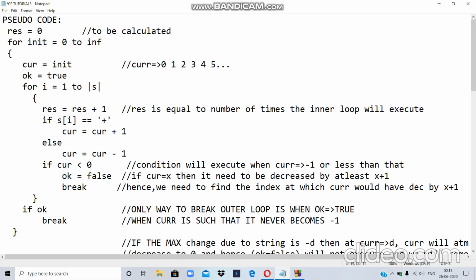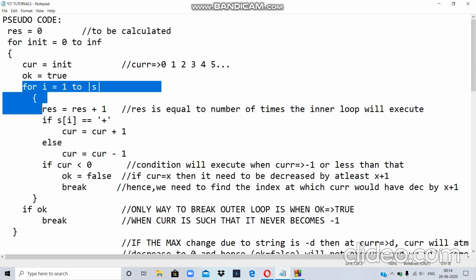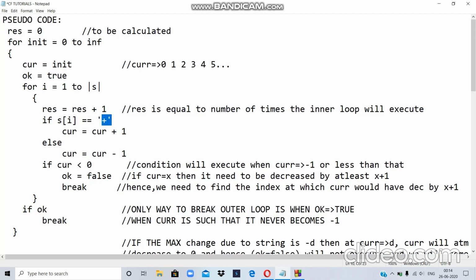For each value of init going from 0 to infinity, we are initializing current with init. That is, current will start first from 0, then from 1, then from 2, and so on till infinity. Then the inner loop will run through the entire string, and if we find a plus sign, we will increment the value of current, and if we find a minus sign, we will decrement it.